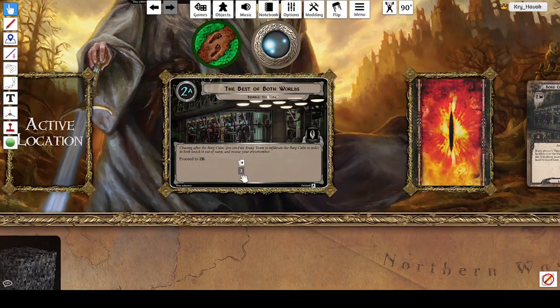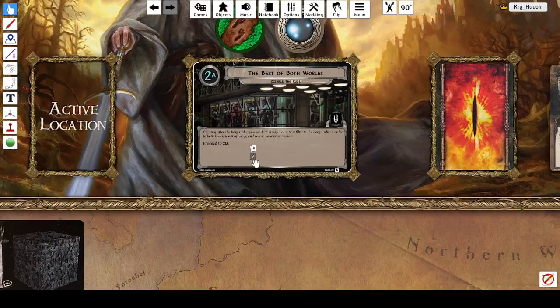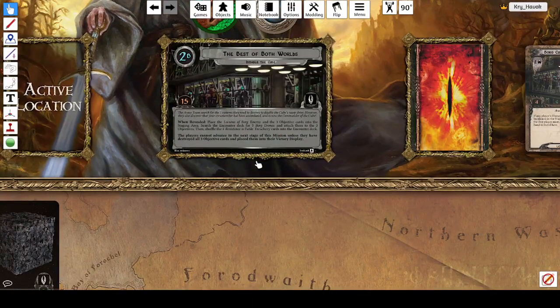2A. Chasing after the Borg cube, you send an away team to infiltrate the Borg cube in order to both knock it out of warp and rescue your crew member. Play C to 2B. The away team search for the 3 systems they need to destroy this and disable the warp cube's warp drive. However, they also discover that the crew member has been assimilated and is now the commander of the cube. When revealed, play Locutus, the cutest of Borg enemy,